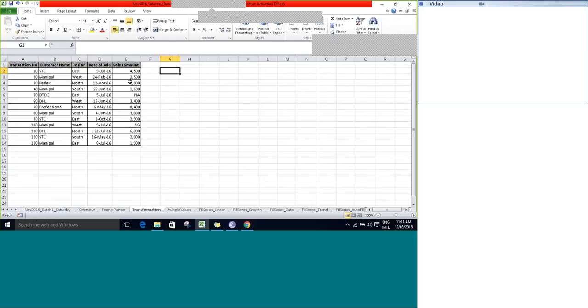So we are going to interchange column values into row values and row values into column values. It means that this particular transaction number, customer name, region, date of sale and sales amount are now arranged in different columns. We are going to arrange the same in different rows. So that is the plan. So we can make it. Select a particular table, copy the table,